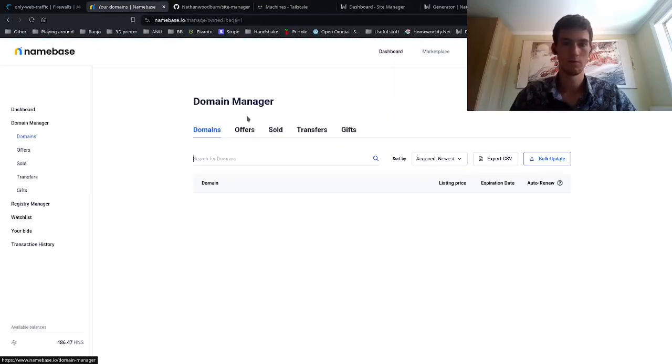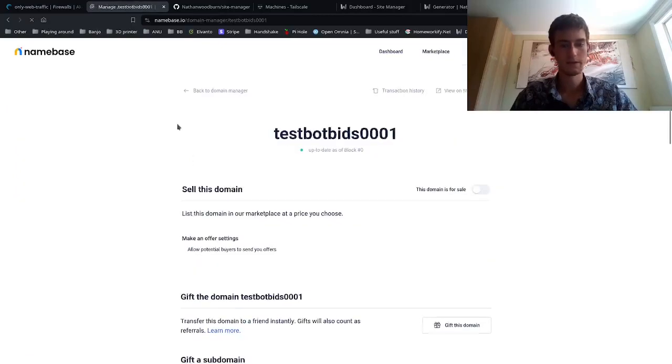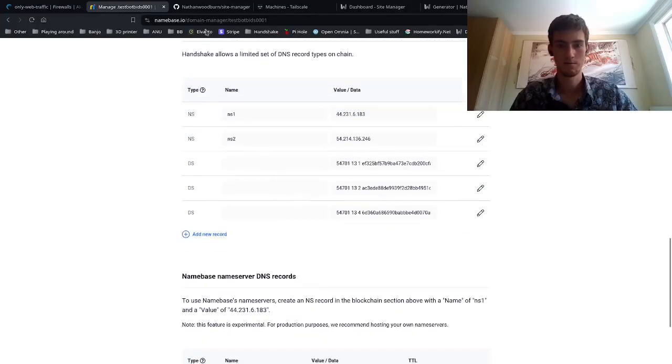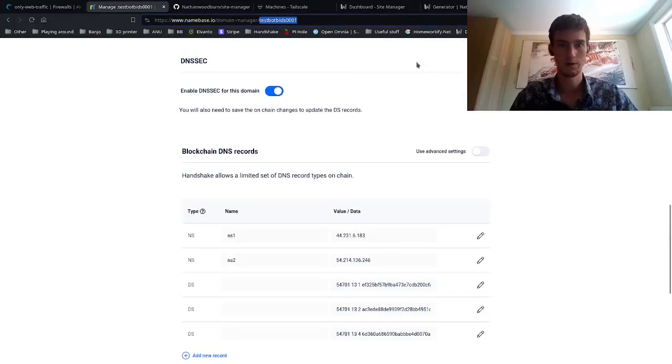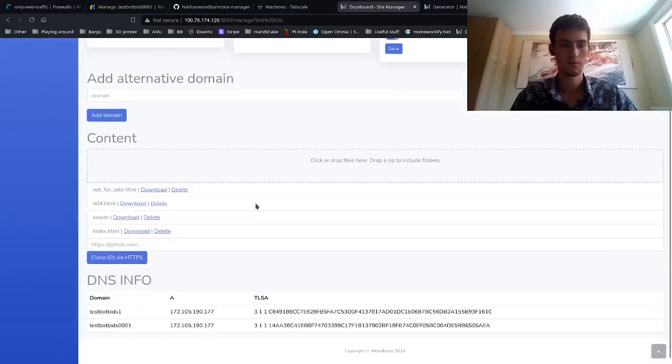So if you have multiple domains that will have the same website content, that's what an alt domain is for. So for example, testbotbids0001. So we'll go, yep, it has DNSSEC already enabled, so that's all nice. So you go add the domain,